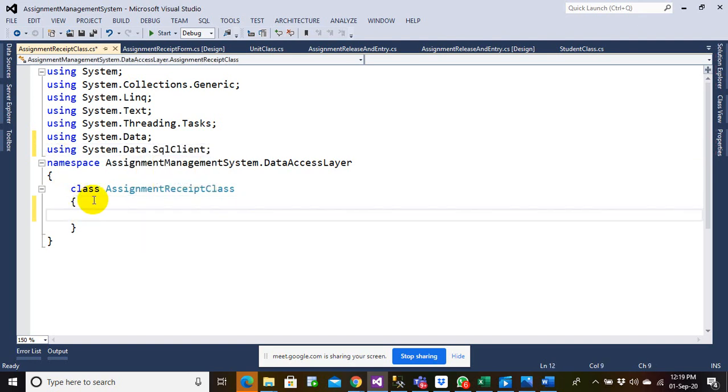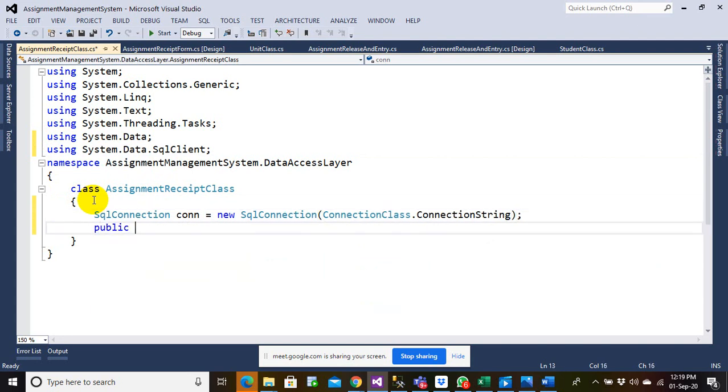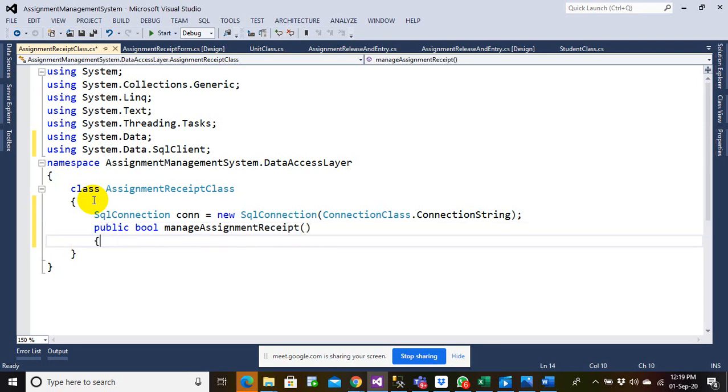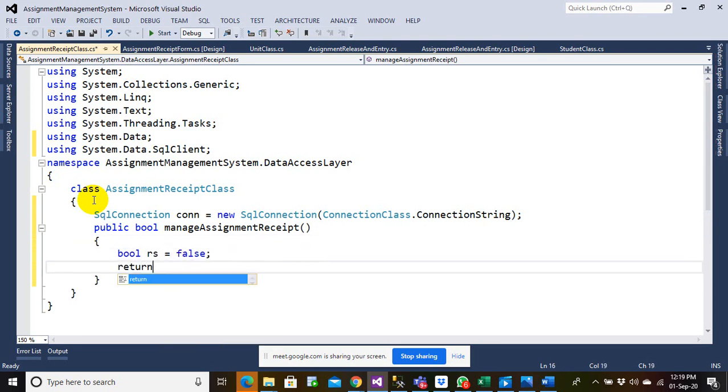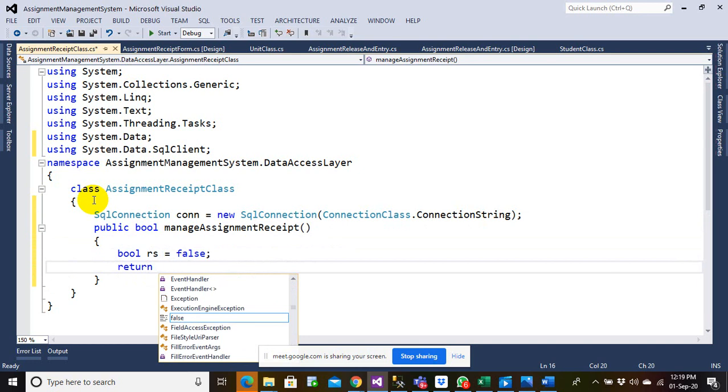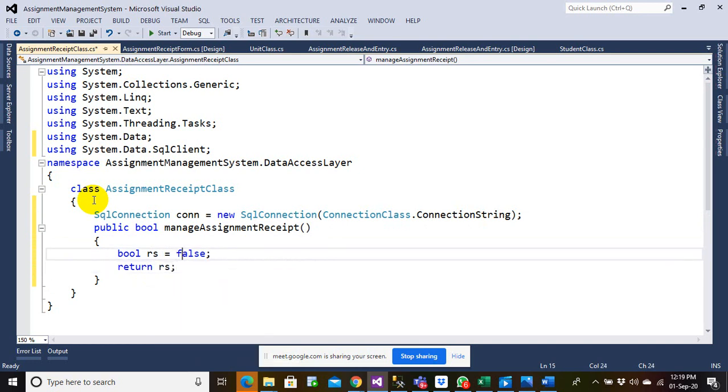So now the process will repeat. And public bool will manage assignment receipt. Let's say bool rs equals to false. Return rs, and in between I'll be using a try catch.